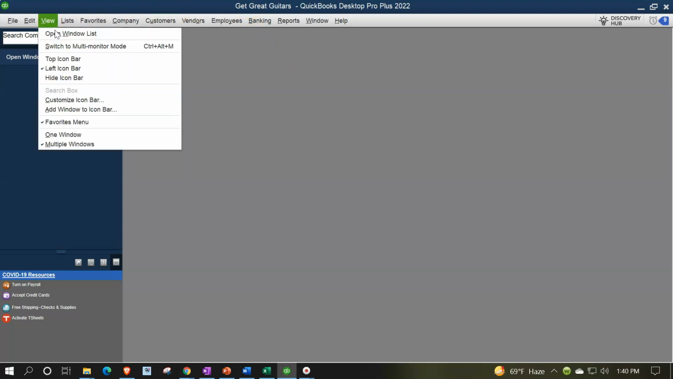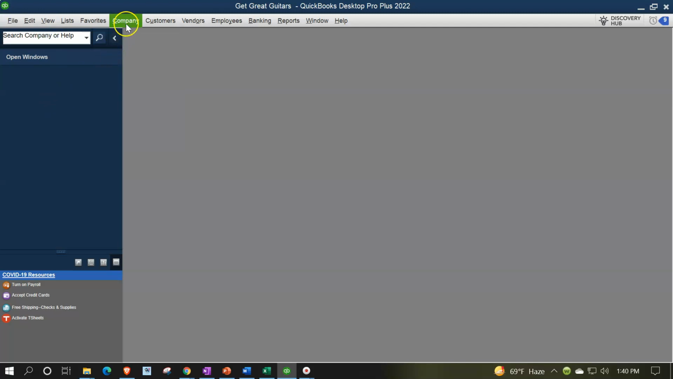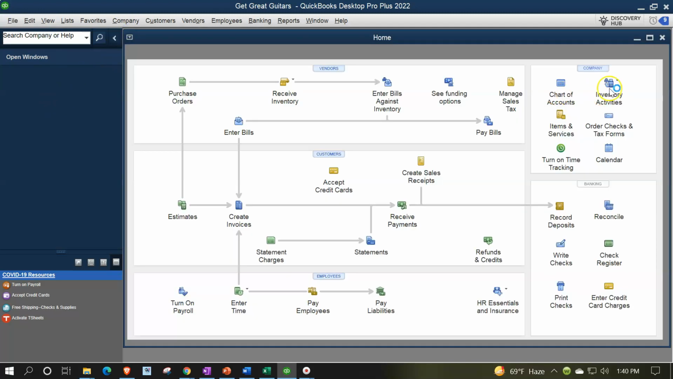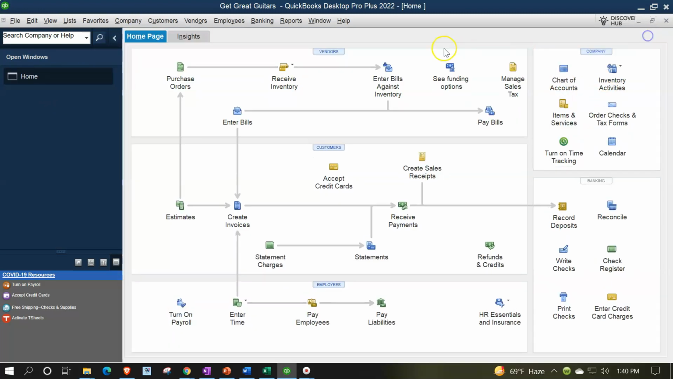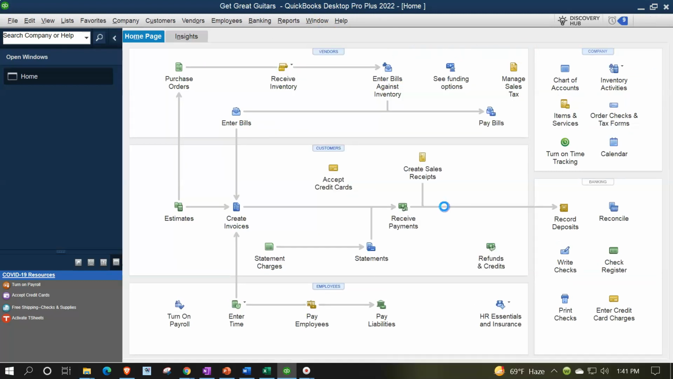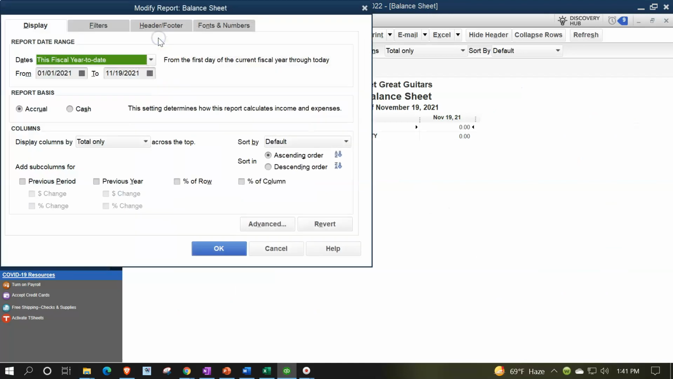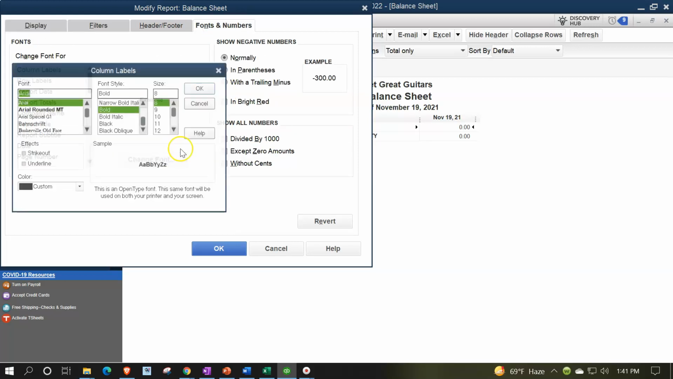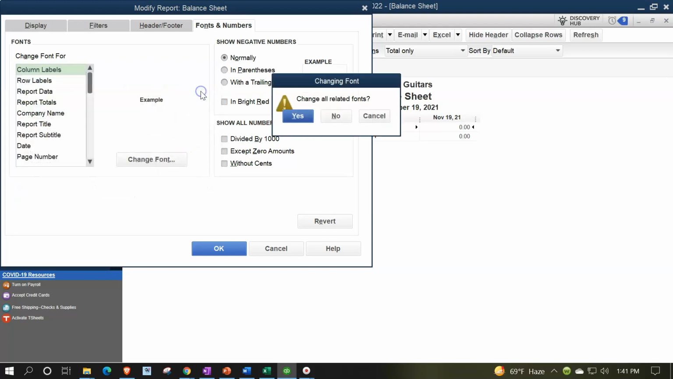Here we are in our Get Great Guitars practice file, going through the setup process with the View drop-down, Open Windows list on the left-hand side, Company drop-down, home page in the middle, maximizing to the gray area. The Reports drop-down, Company and Financial, Balance Sheet Standard, customizing, range change 01/01/22 to 12/31/22, fonts and numbers, customizing those fonts to 14, okay, yes please,